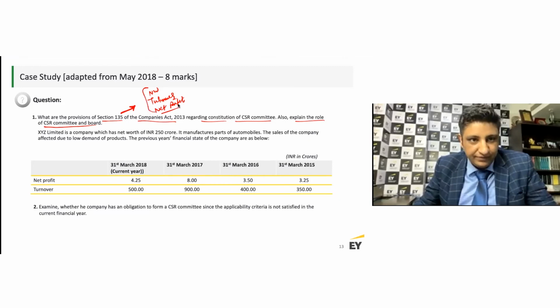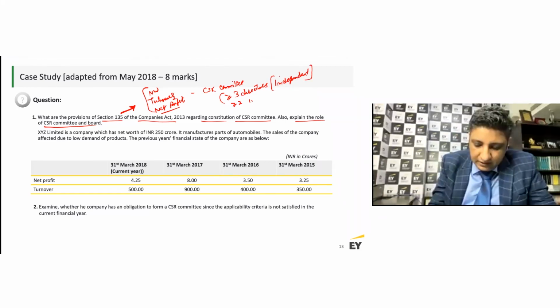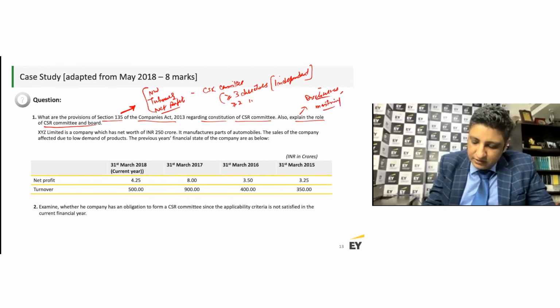If any of these criteria gets met, we need to create a CSR committee, which is at least 3 directors or 2 directors with 1 independent director. Something you always want to remember, right? What is the role of CSR committee and the board? You're looking at, of course, the disclosures and monitoring of whether those CSR spends are appropriately done, etc., or not,